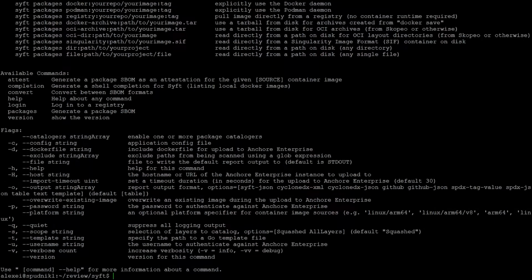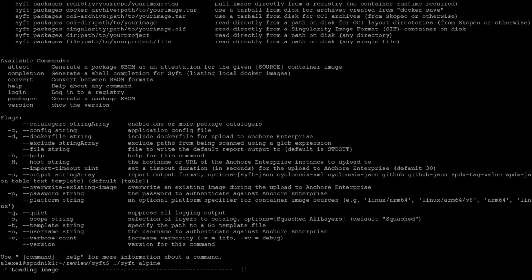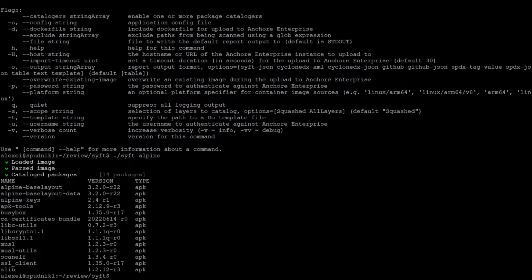But anyway, I'll start with just a basic report. I'm going to be using the Alpine Docker image since it's so small. The only argument Syft needs is the name of the image or a path to the directory. So for the image, if I just pass in Alpine, you'll get a result. By default, the table view will be displayed to the standard output, and the same applies